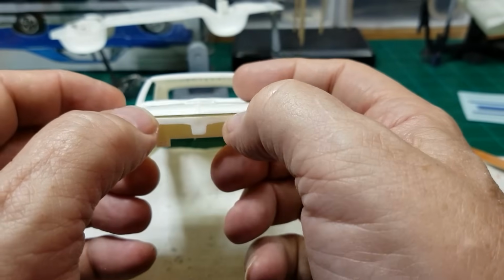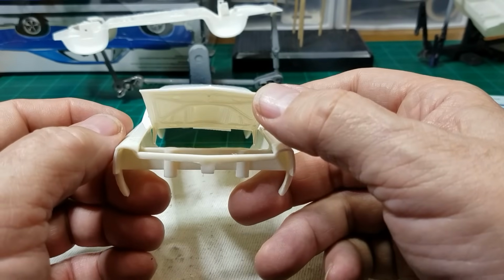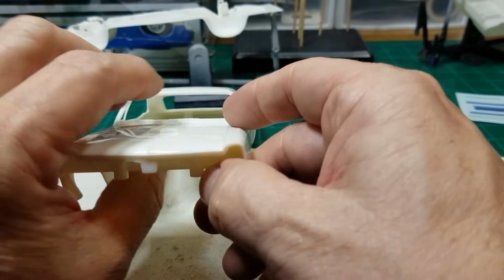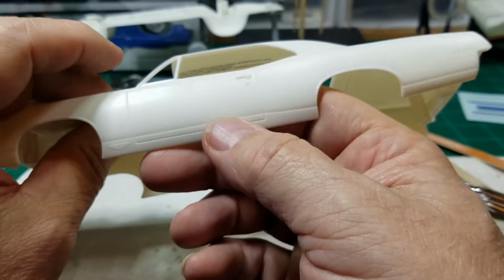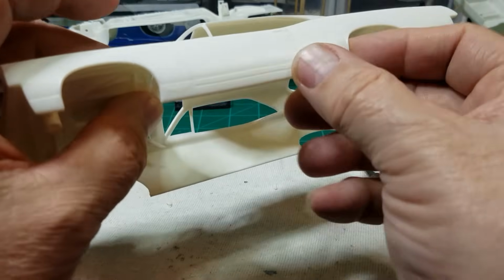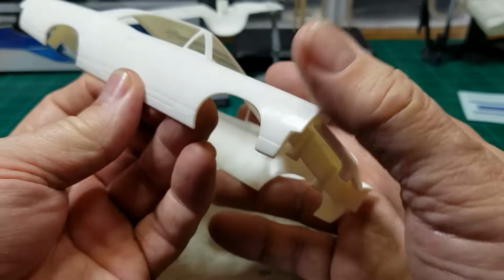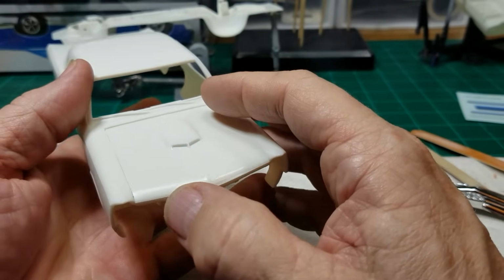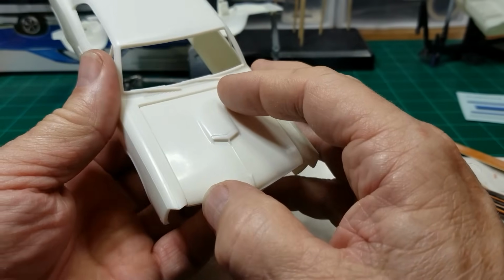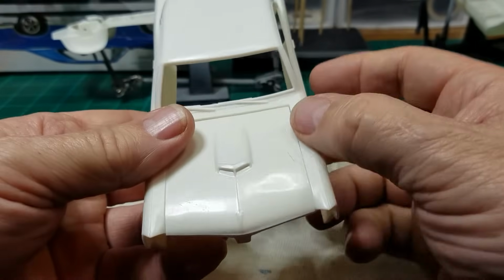And of course I got the hood taped in place. I'm getting ready to go over and start shooting some primer, but there we go. The rest of the body was perfect. There wasn't any flash or any mold lines or anything like that to be concerned about. I already pre-washed the body, so that's not a concern. I do have to blow it off though, because I do have some